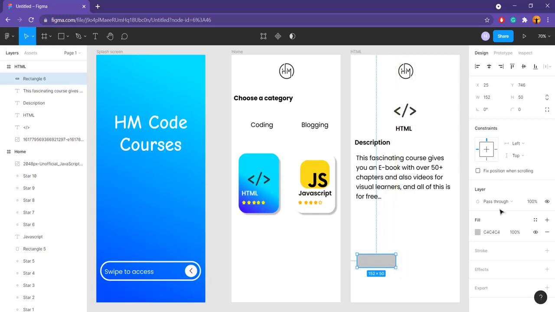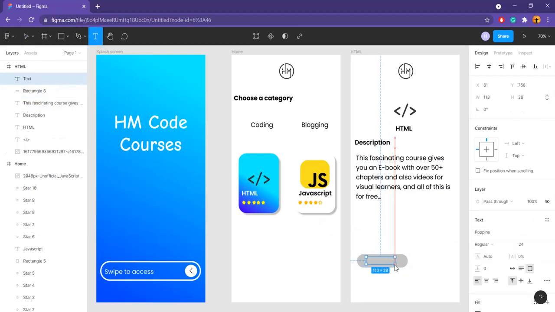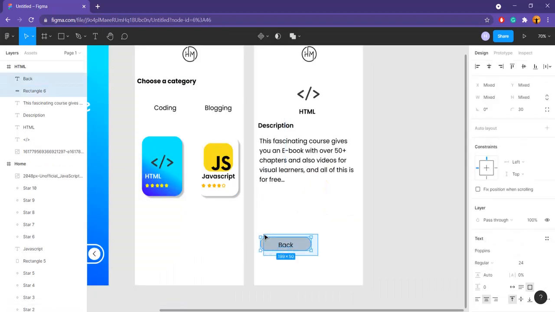So I will change the radius to 30. And I'll increase the width of this and let the color be gray itself. I'll place a text inside this and I'll type back. And now I'll duplicate all of this